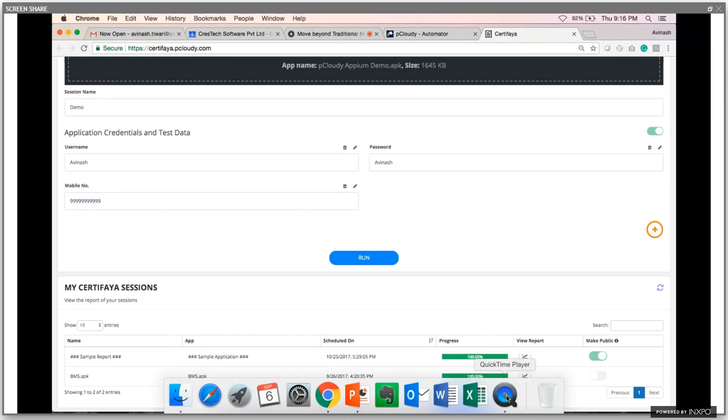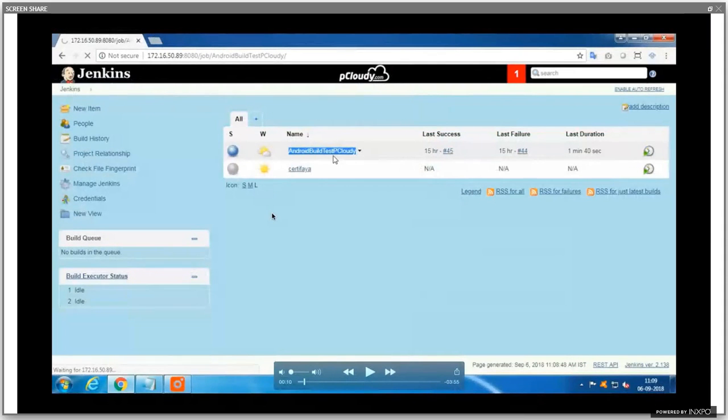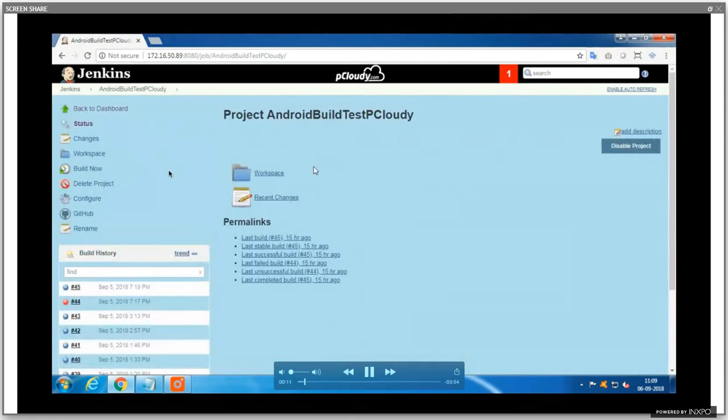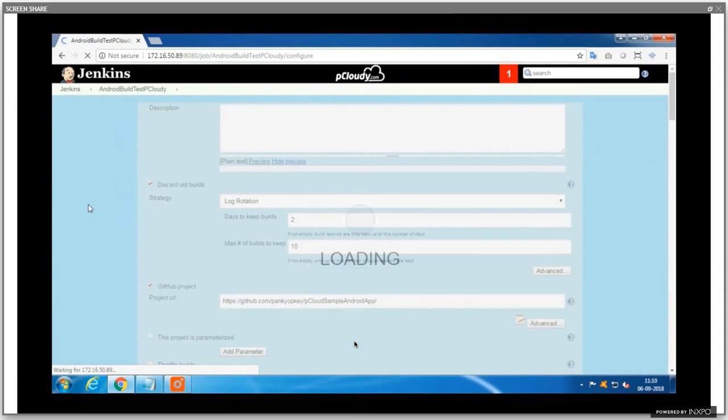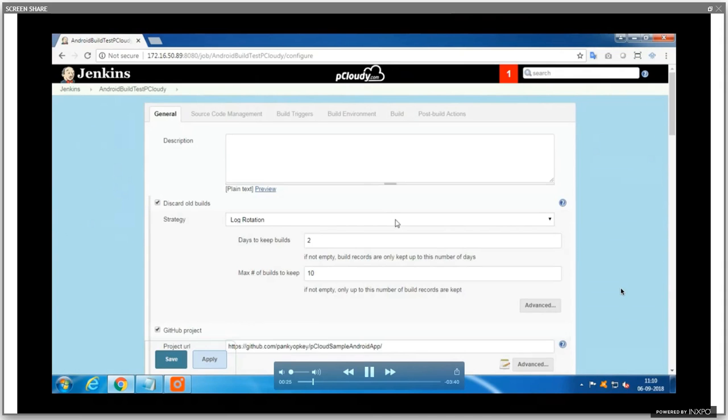So we have specifically developed a Jenkins plugin for our bot, which I'm going to demonstrate here. So what you see here is the Jenkins interface, where we have already created a project. The project name is Android Build Test Pcloud. And if I just show you what's the configuration of this project, it will give you a clear idea as to how it works. So I clicked on configuration here, and as you can see,